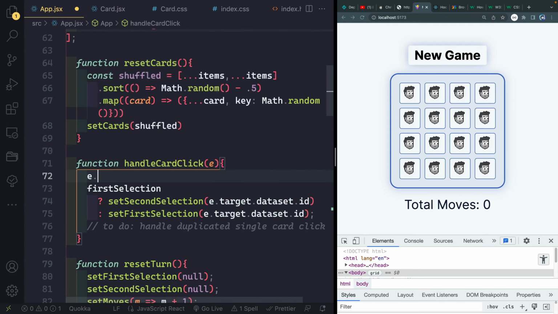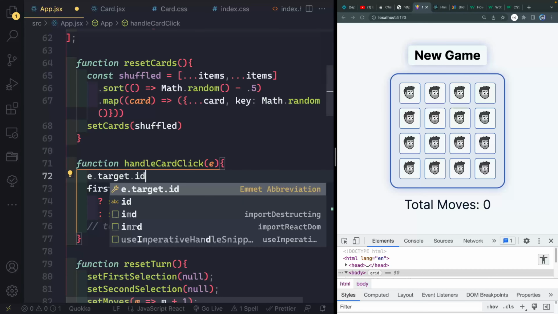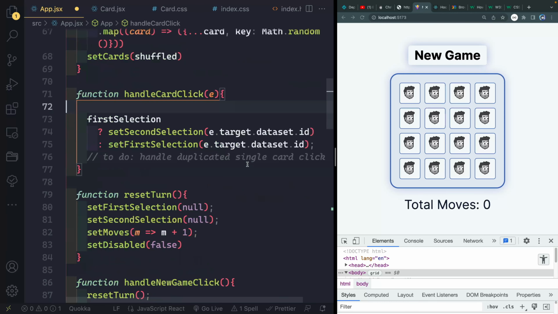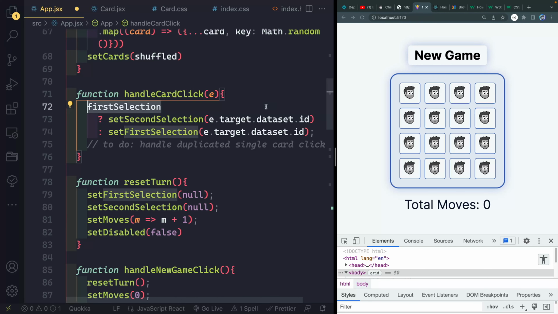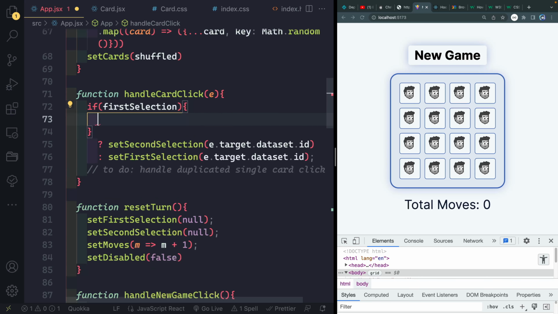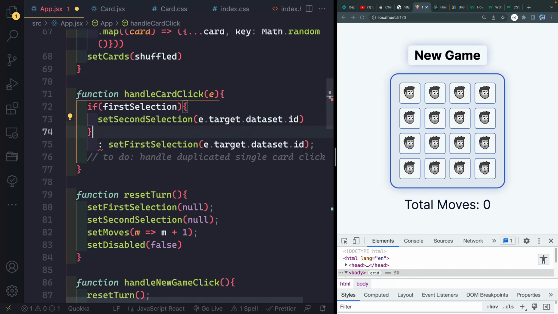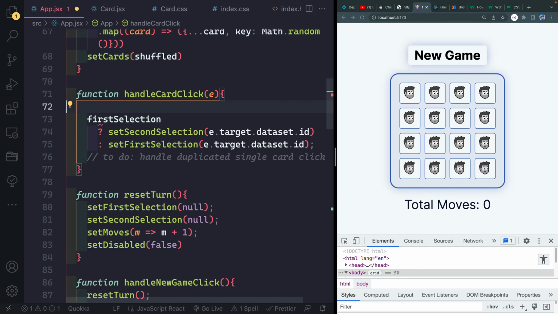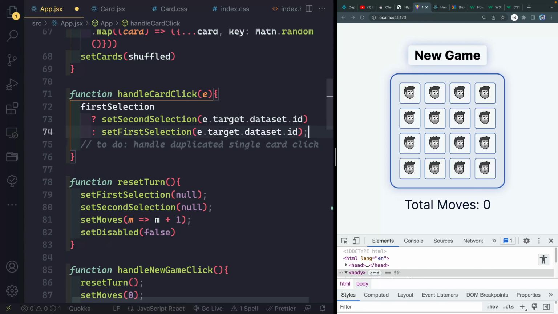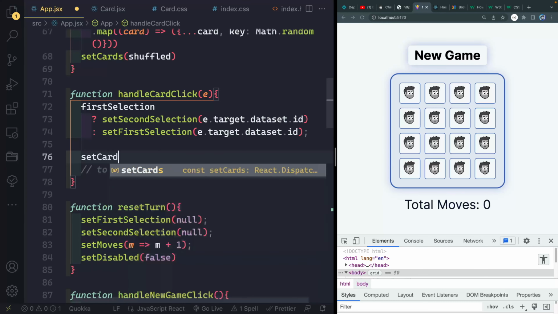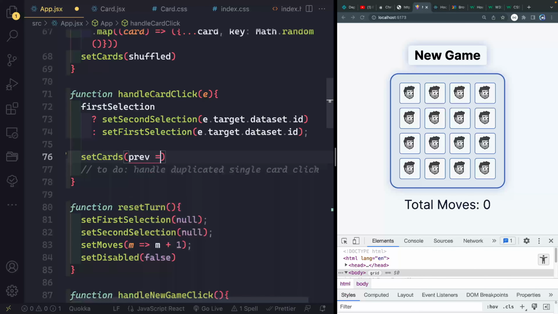So e.target.id. We'll do the same thing. Okay. All right. I think this should work. So if first selection, then I want to move this up here. We'll set second selection. And then I guess I can do that either way. We'll just keep it like that. And then below here, we'll say set cards to prev, and then we'll set prev dot